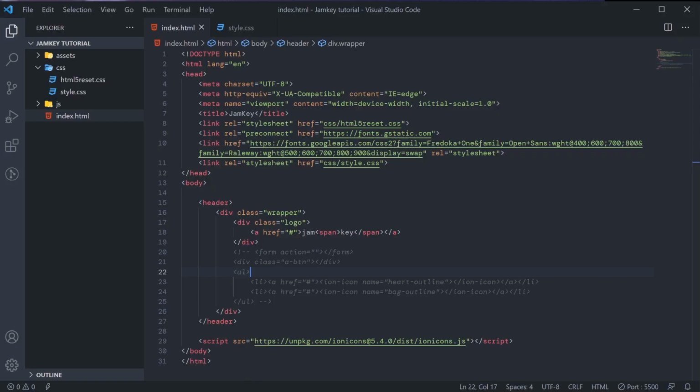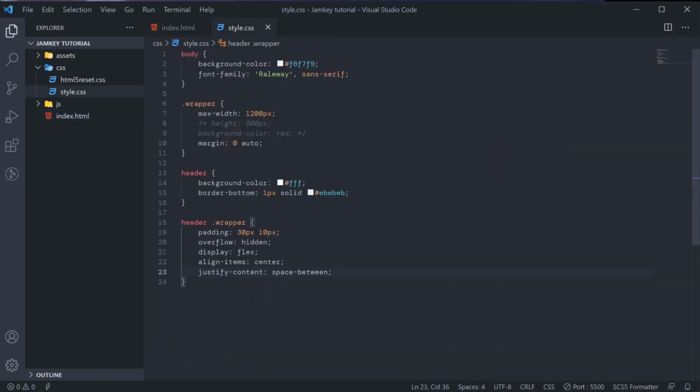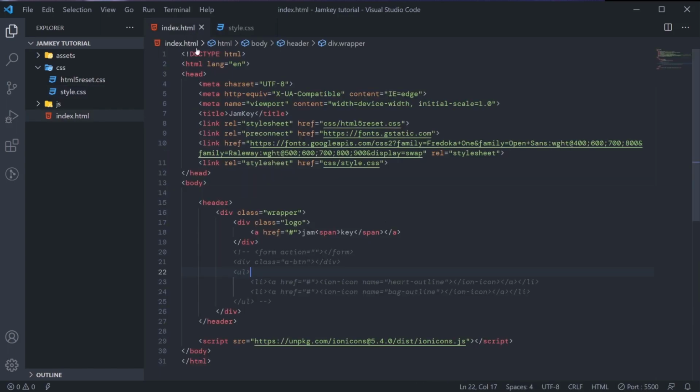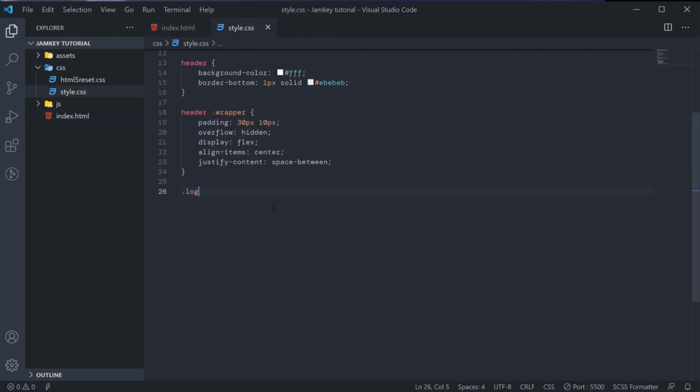I'll go to my text editor here. The next one I'll target is this logo. So I'll come here and say logo a. Then I'll set the display to block.